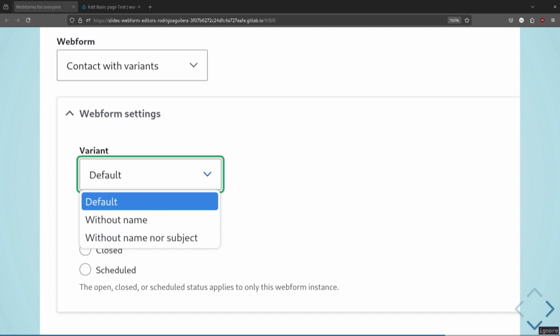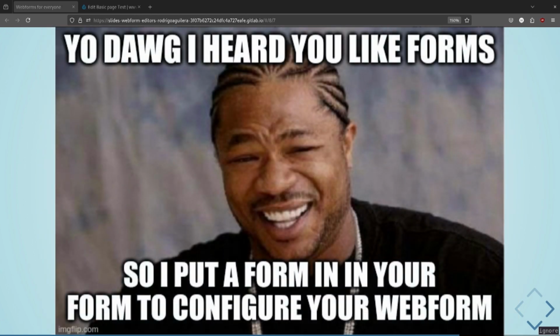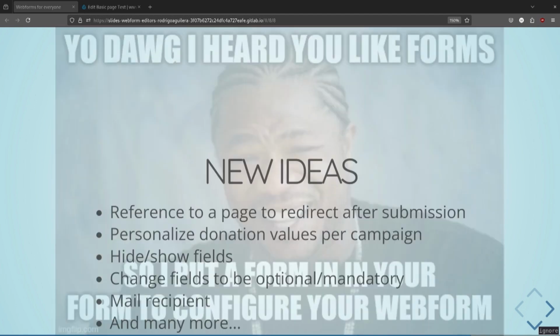One of my ideas that I haven't developed yet is to define a form, a web form that configures another web form. And I was thinking about this meme because it was getting a little bit of inception. Like, I will be creating a web form to configure another web form. I think I'm going crazy. So,